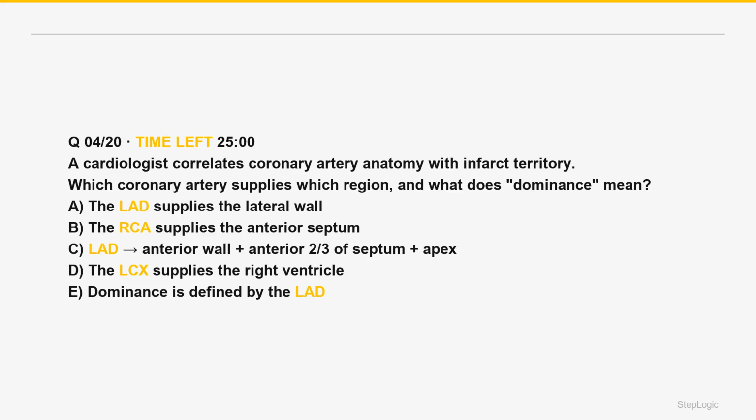Which coronary artery supplies which region, and what does dominance mean? A cardiologist correlates coronary artery anatomy with infarct territory. Read the command. Which coronary supplies which region? Dominance. LAD: anterior septum, apex. LCX: lateral. RCA: